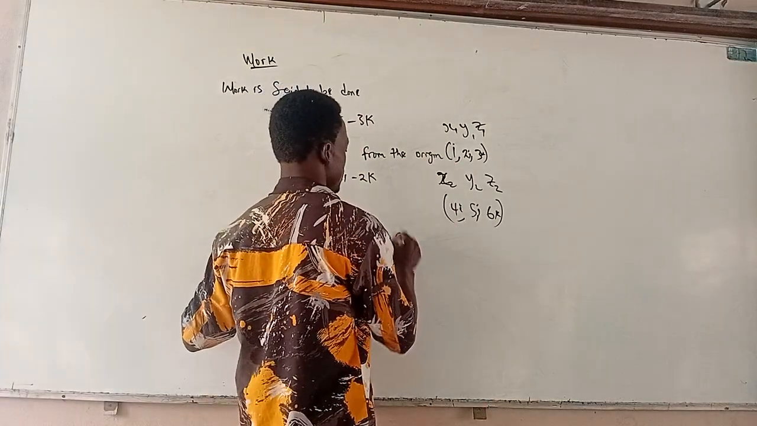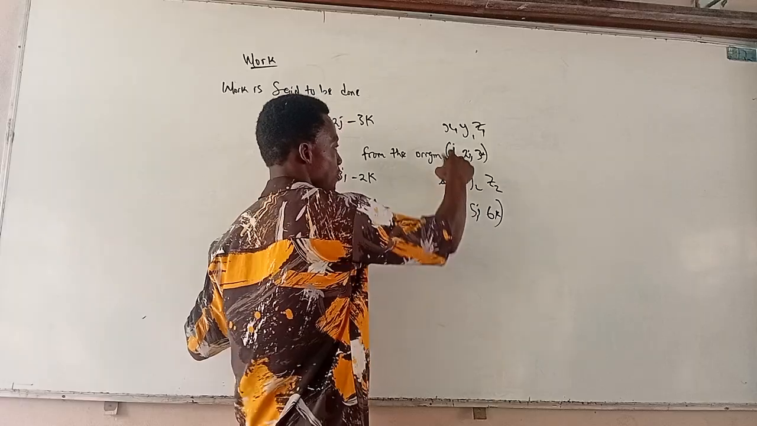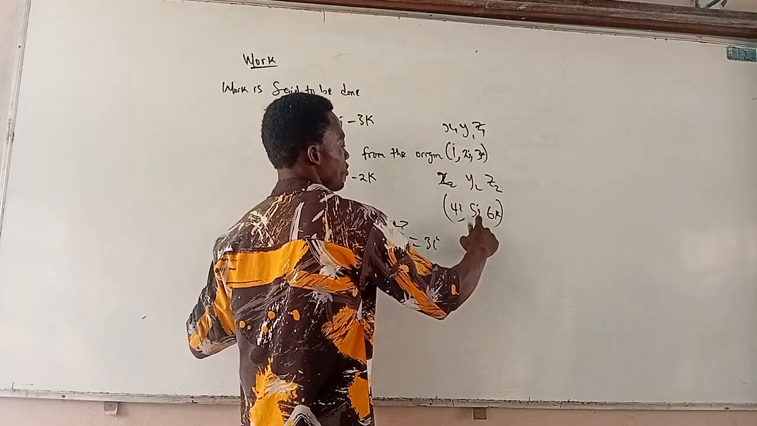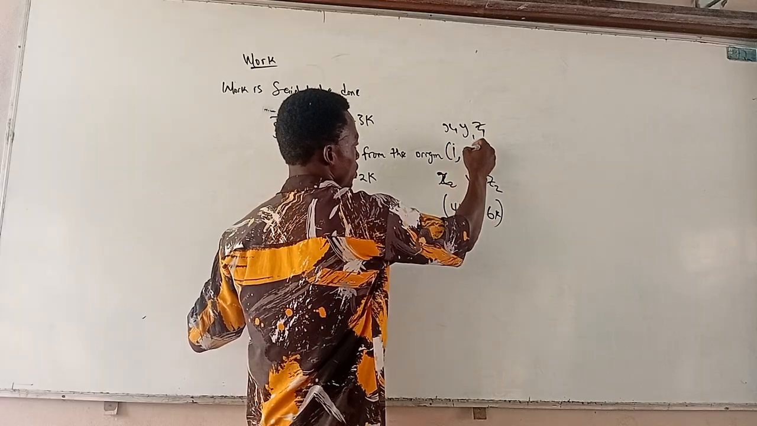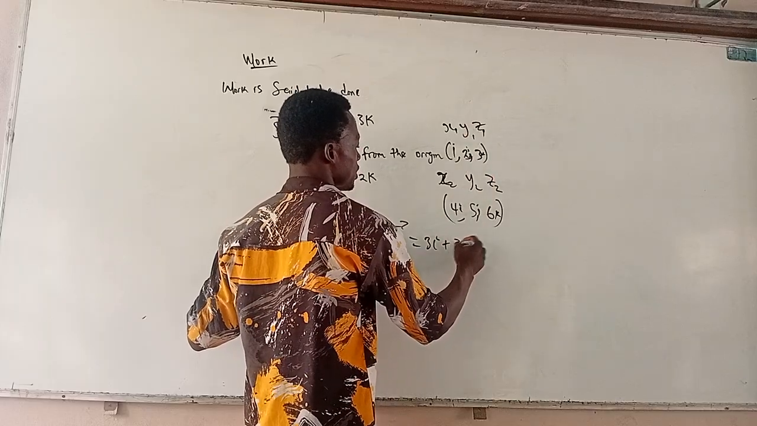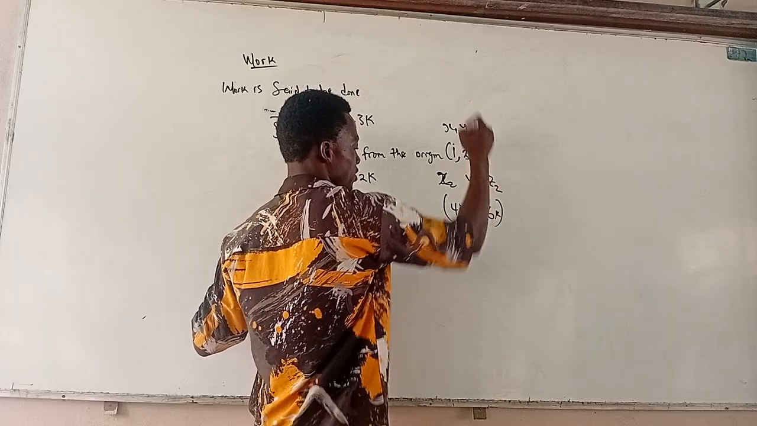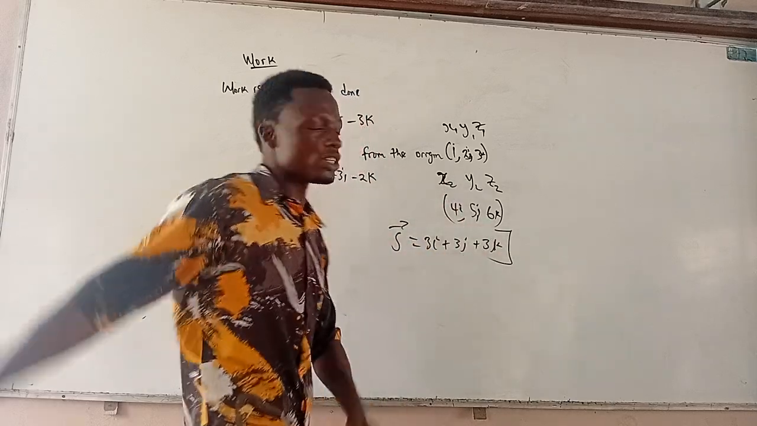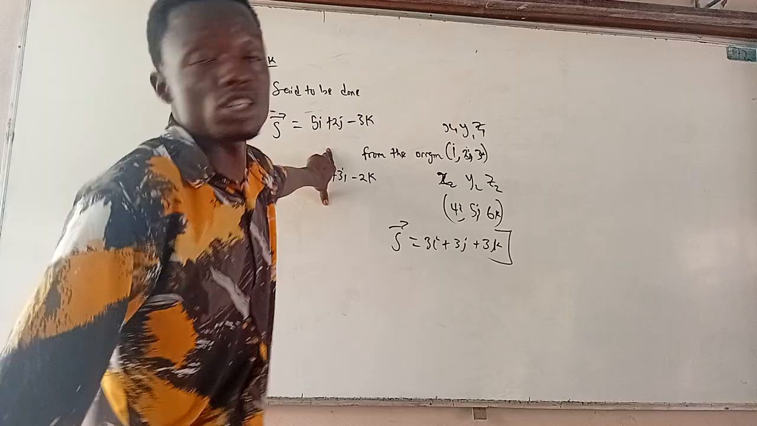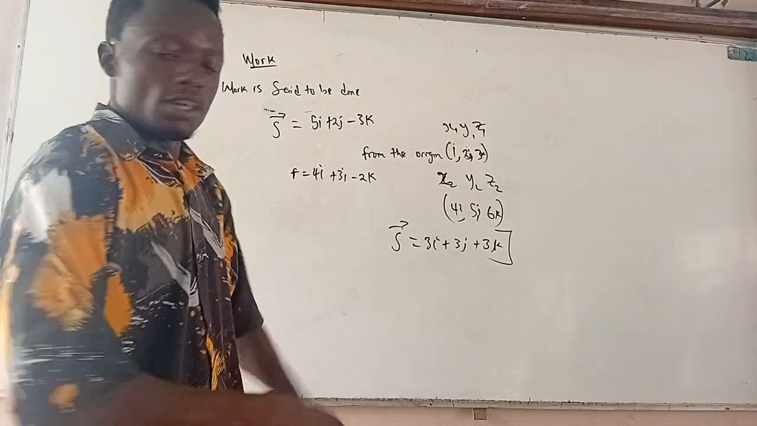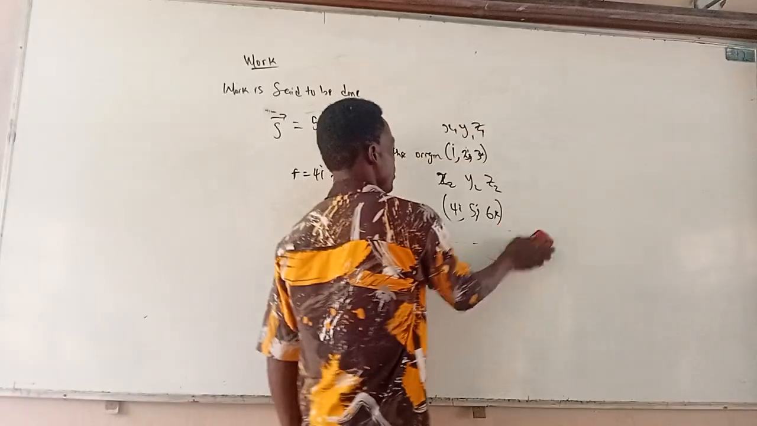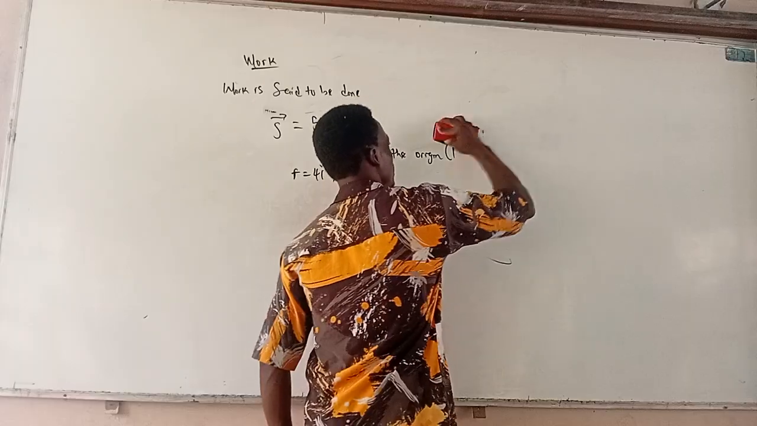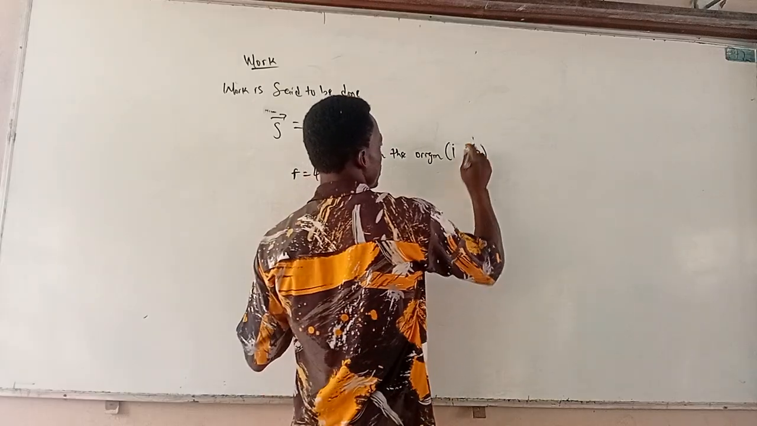So now your s vector is going to give you 4i minus i, that's 3i; 5j minus 2j, that's 3j; 6k minus 3k, that's 3k. So this is the displacement you are going to dot with the force to get your work done. But in this case, whether the initial point is the origin or not,